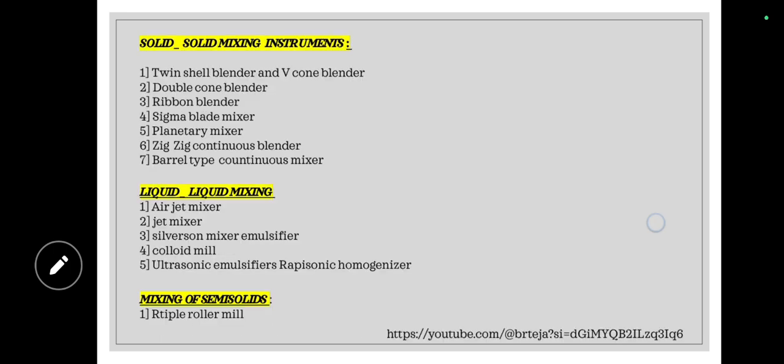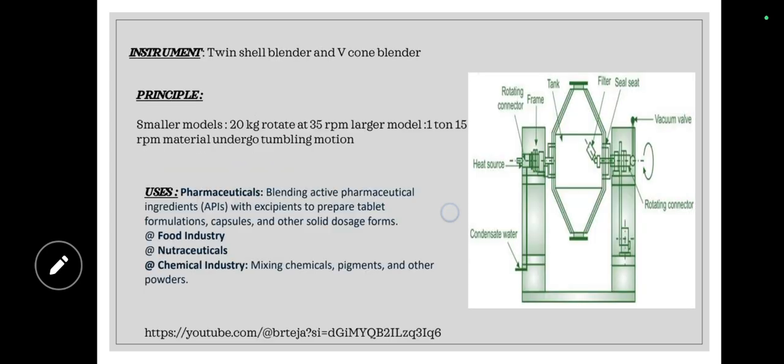Next, see, homogenization means it helps in mixing. What types of equipment are used in pharmaceutical industries? First, solid and solid mixing instruments, liquid mixing, and mixing of semi solids. Okay,